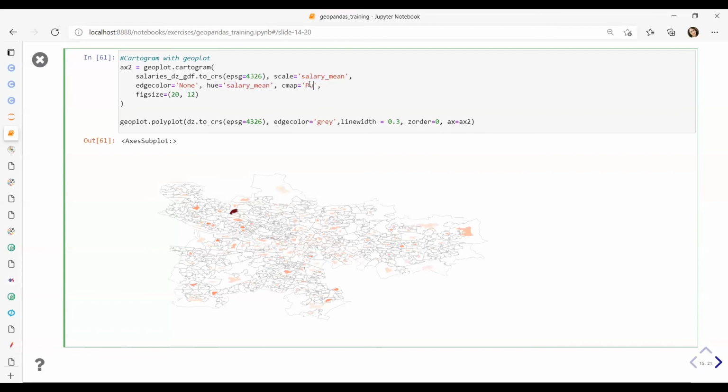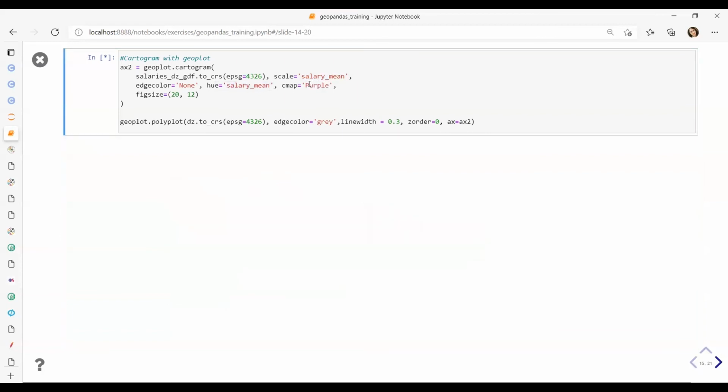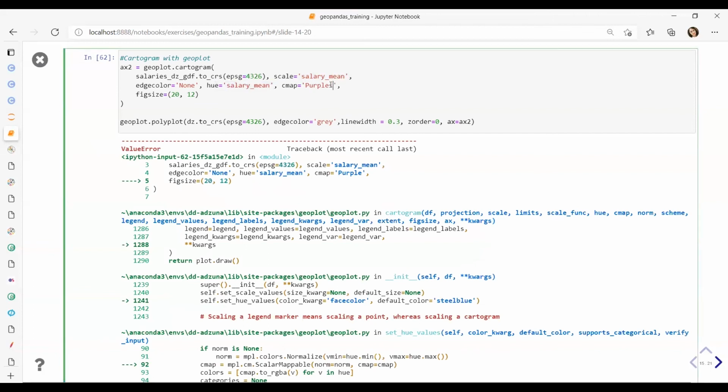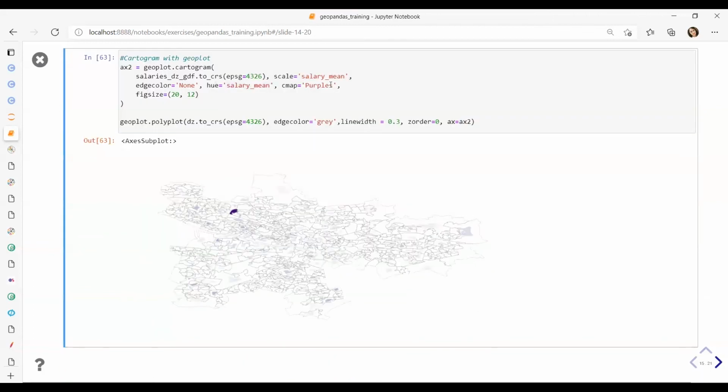Let's try to do something bright. This should work. No, focus. Well, not much better. Well, yeah, you can play with it to make it brighter. I'm not sure what you see on your screen. On mine, it's quite pale. Let's try something else. I think this one is better. So you can see that polygon size depends, and its color depends, on the value in the salary min column.